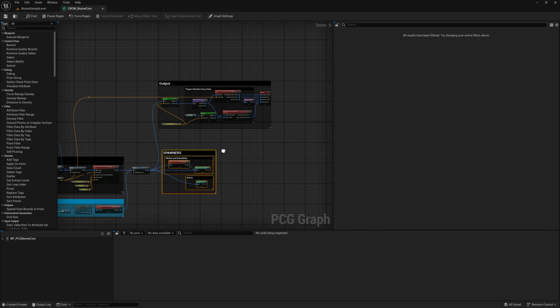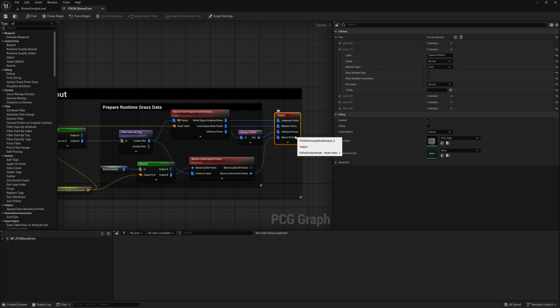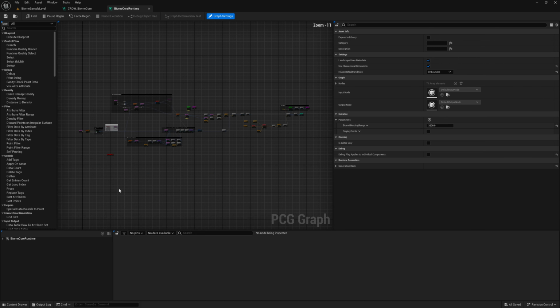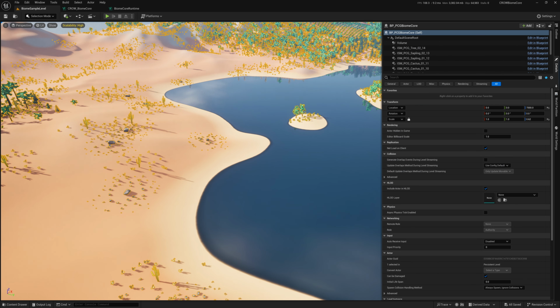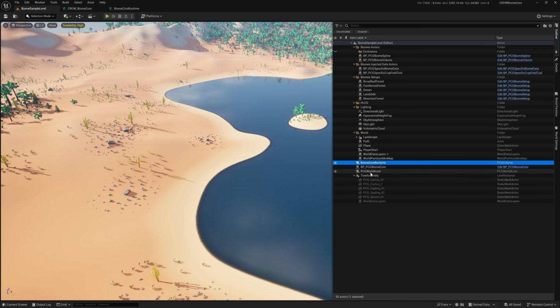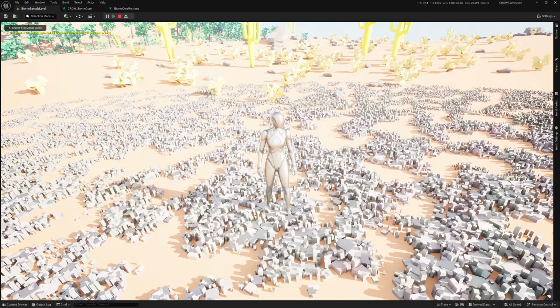With the spawning done, let's move on to our output. It takes this point data and then outputs them for later use in the runtime graph. Let's find and open that. So here we are using a get PCG component and accessing that data. So in your PCG Biome Core, make sure this is turned on so that we are putting the data out for the runtime generation. And this is our runtime generate graph. If we right click and hit play,